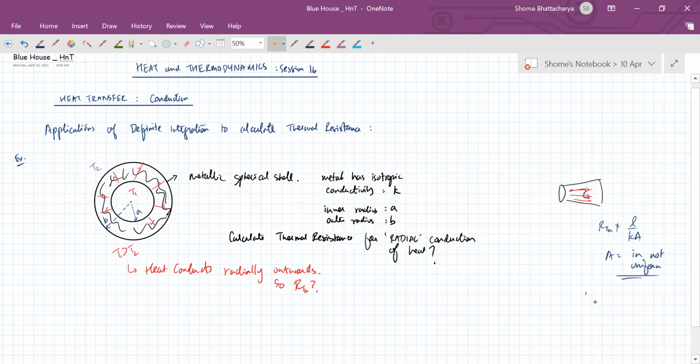So instead we have to use integration like this, where we chop this into differential lengths. So it's a little bit like this. Okay, we have to calculate this. We have to use integration,